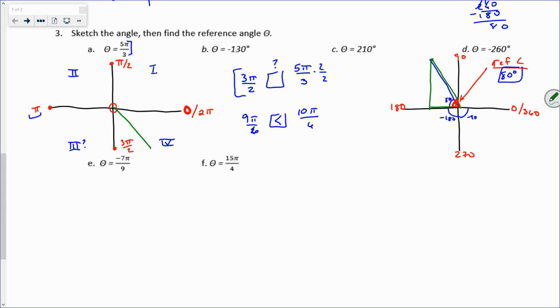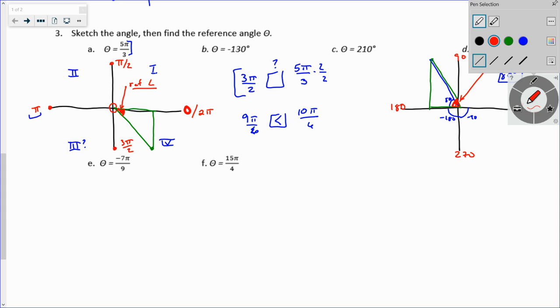side is somewhere in here, right? If I drop it straight perpendicular to the x-axis, my reference angle will go here, right? Draw the line, reference angle. Now, how are we going to find out just what we've got left? Well,